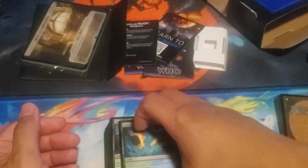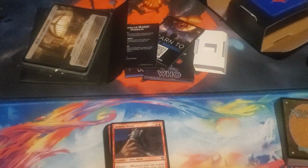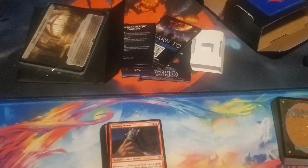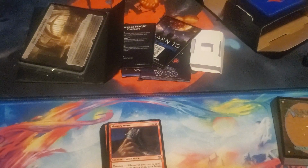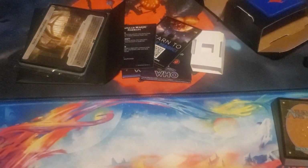Okay, we got some lands coming up. Trying to see if I can skip to the... Okay, here we go. No, you don't get to see it. Well, some of it's